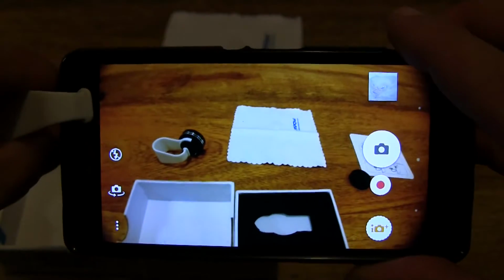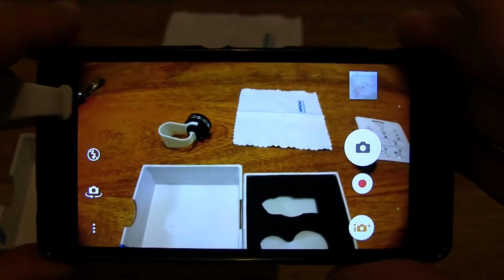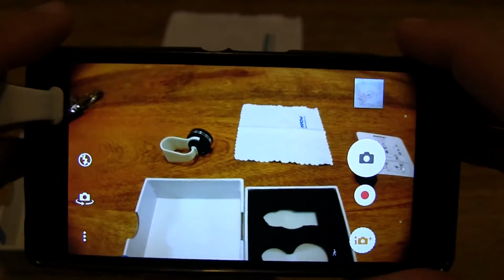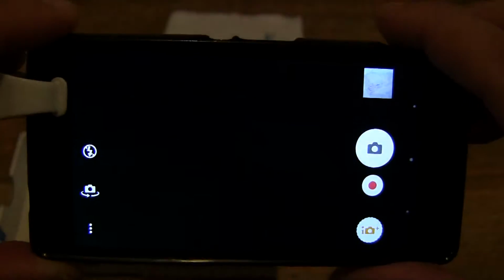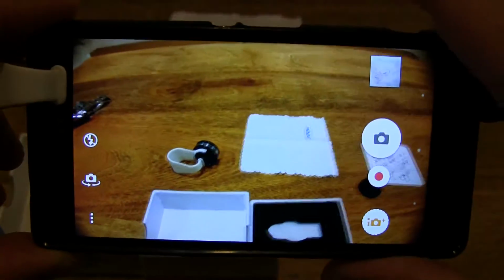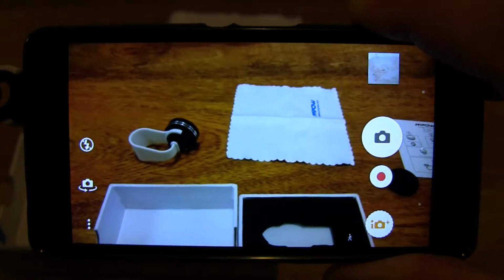Okay, so there we go. So that's the wide angle lens right now, and you can see that obviously it's not going to be as crazy as a fisheye lens, but still this will give you a wider shot than what you'd normally have with just the camera's lens itself. So okay, so wide angle, I'm just going to remove it right now and you can see the difference